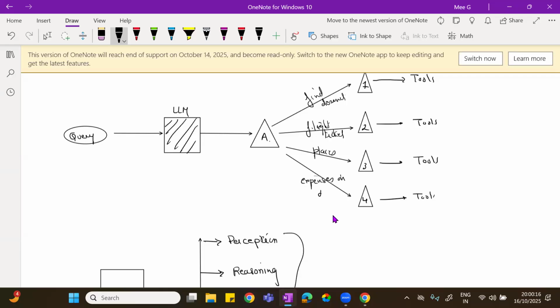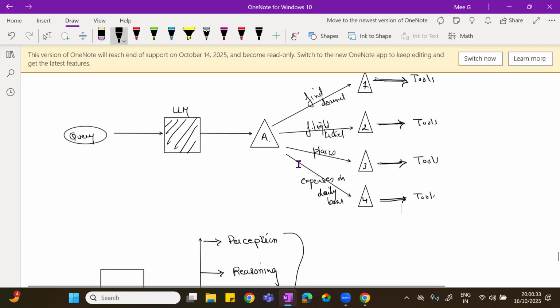This is the first one, this is the second one, third one, and fourth, like this.